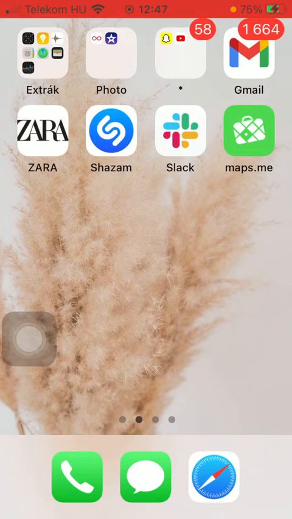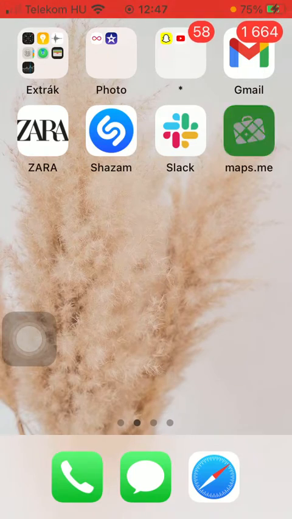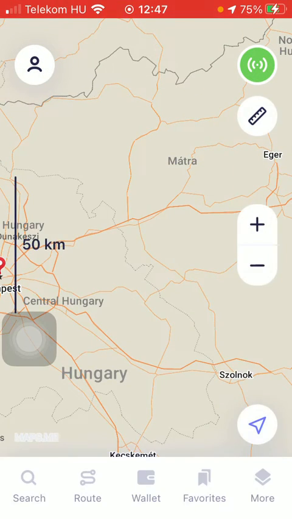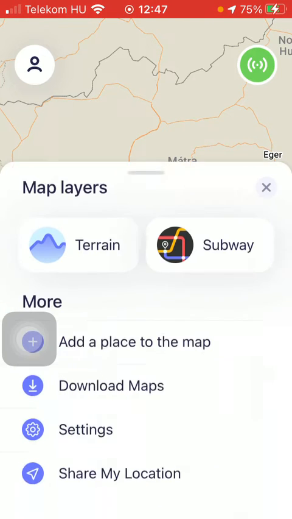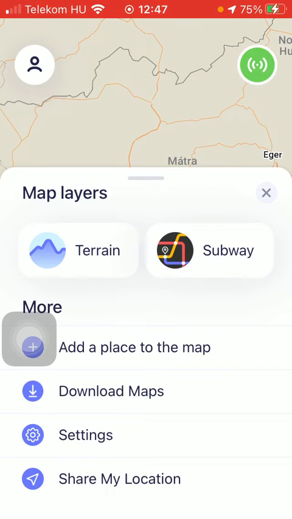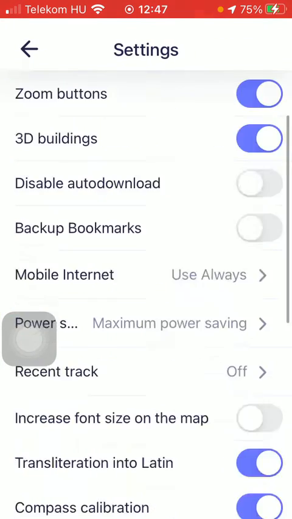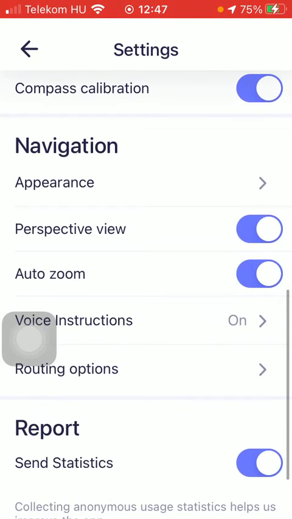First of all, open the application on your phone. And then you should tap on the more icon down below, which is the last option. Then go to the settings section, scroll down till you find this navigation section and tap on the first option,